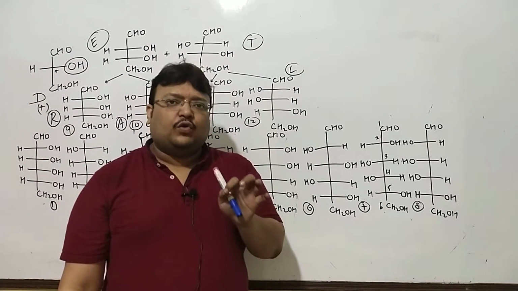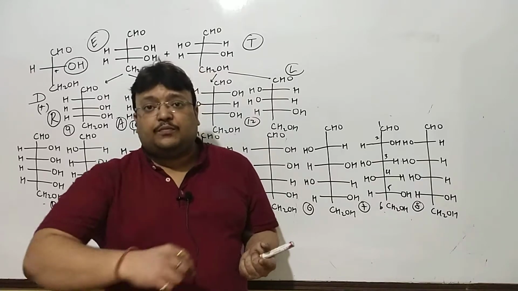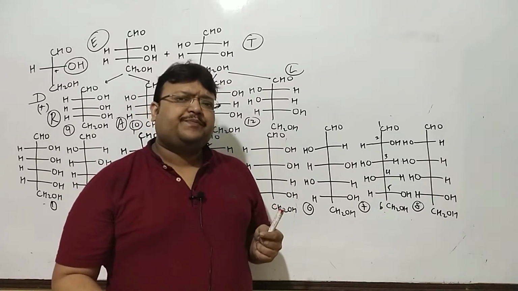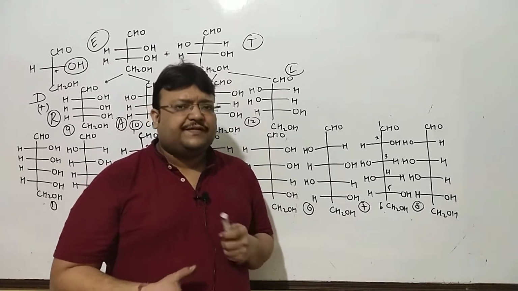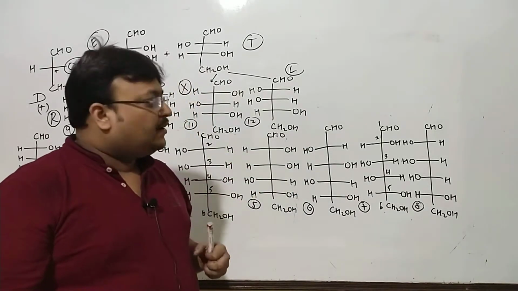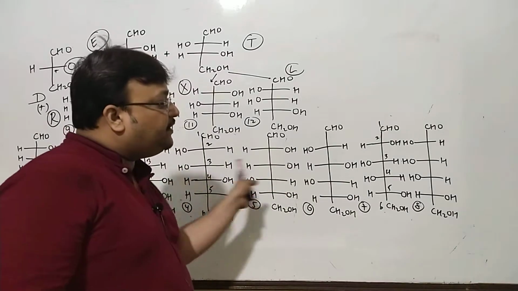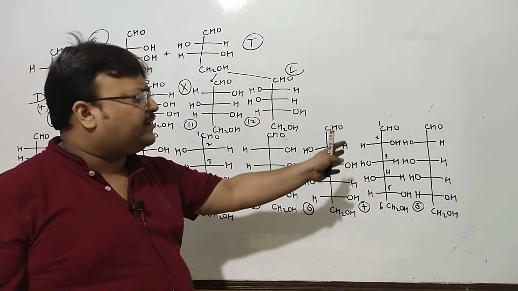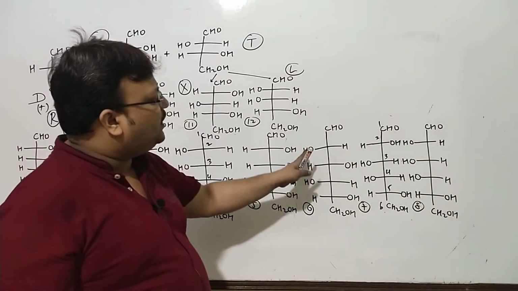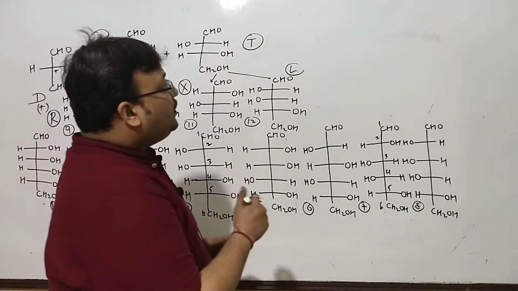Fischer obviously had glucose, the blood sugar from human blood. You can get glucose, the formula C6H12O6, CHO functional group, 5 OH. But CHO and 5 OH could be any of these 8 structures. All 8 have the formula C6H12O6. They all have CHO and 5 OH groups. So what did he do first?